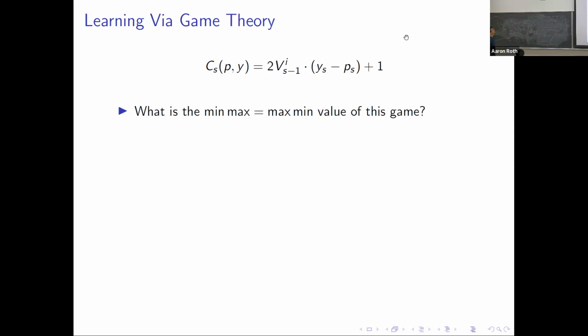Okay, so let's figure out the value of this game. Now remember what the min-max theorem tells us about zero-sum games. It's that the order of play does not matter. What's actually happening, in matter of fact, when we're trying to design an algorithm for the prediction player, for